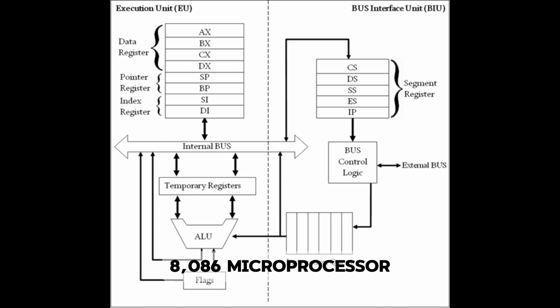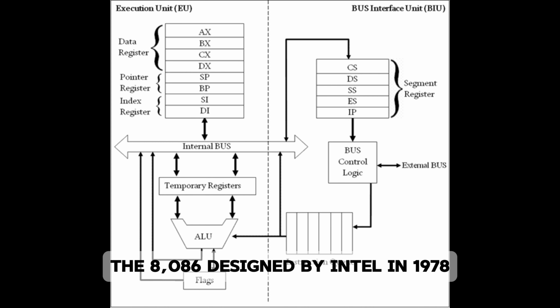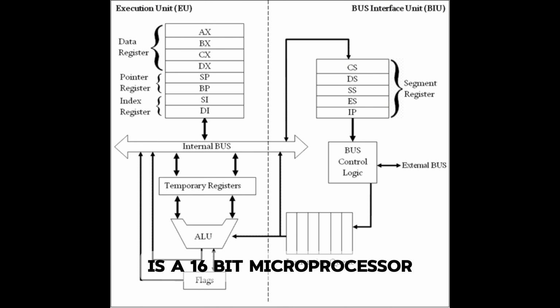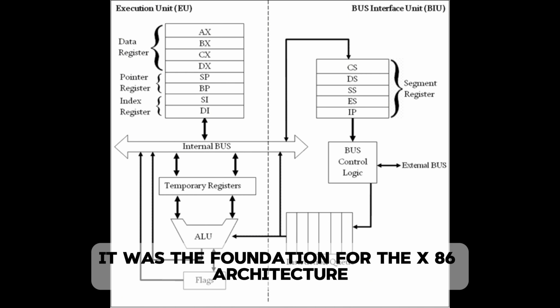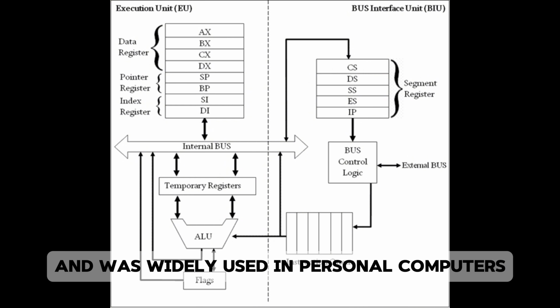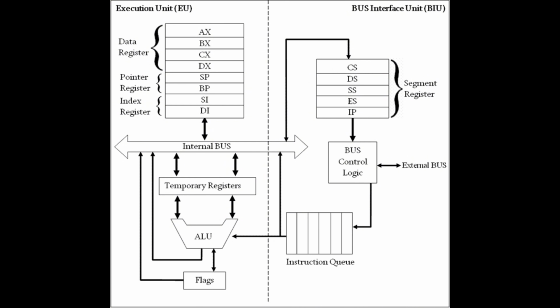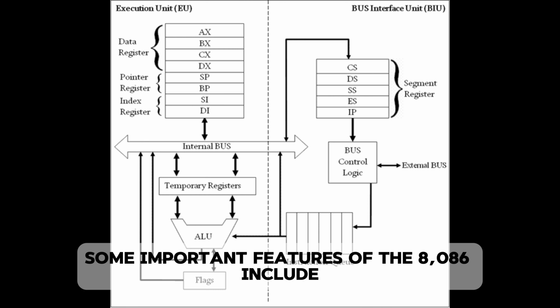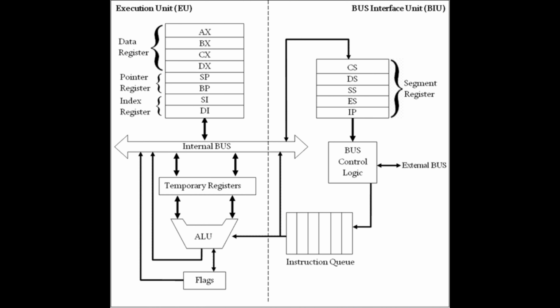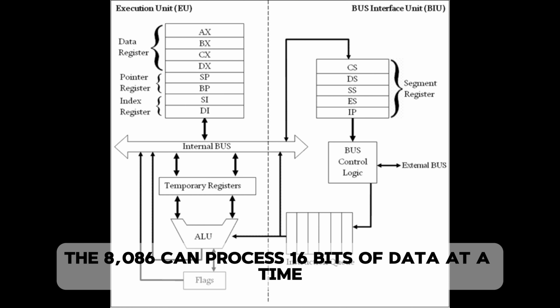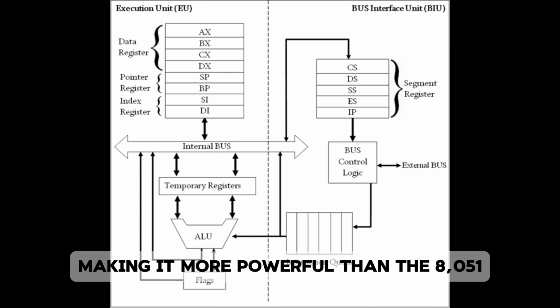8086 microprocessor. The 8086, designed by Intel in 1978, is a 16-bit microprocessor. It was the foundation for the x86 architecture and was widely used in personal computers. Some important features of the 8086 include: 16-bit data bus. The 8086 can process 16 bits of data at a time, making it more powerful than the 8051 in terms